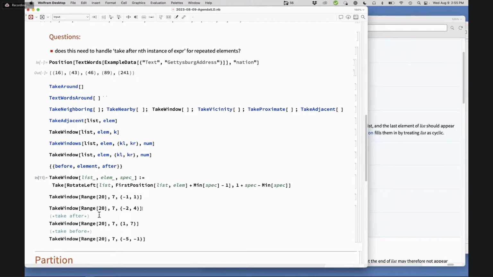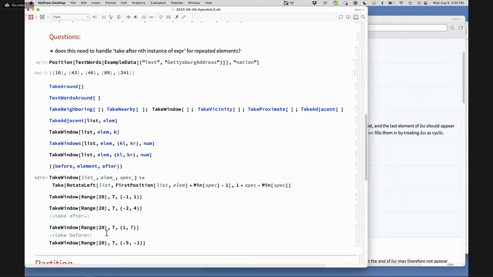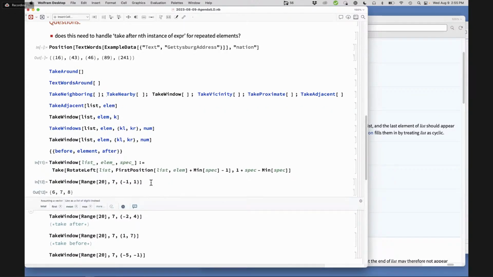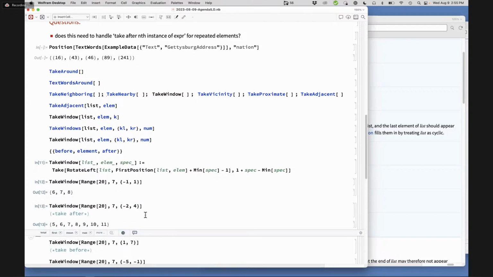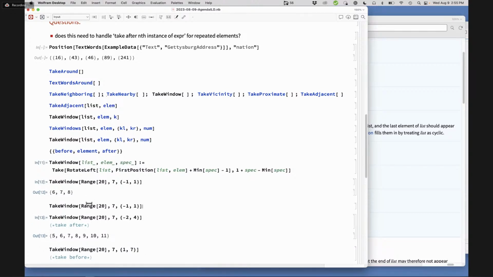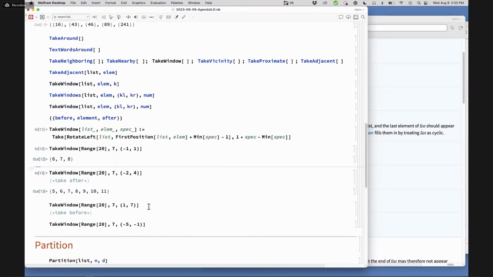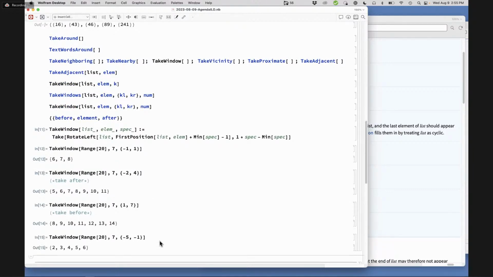Break all these up. Yeah, but that's not going to work if there are two 7s in the list, right? Right, I just did the first position. You could make it something like Danny was saying, where you have to have some default rule. Yeah, but I think the default should be all of them. I think that's going to be the most useful. Yes, it certainly aligns it with Cases and other things like that if it's defaulting to all of them.